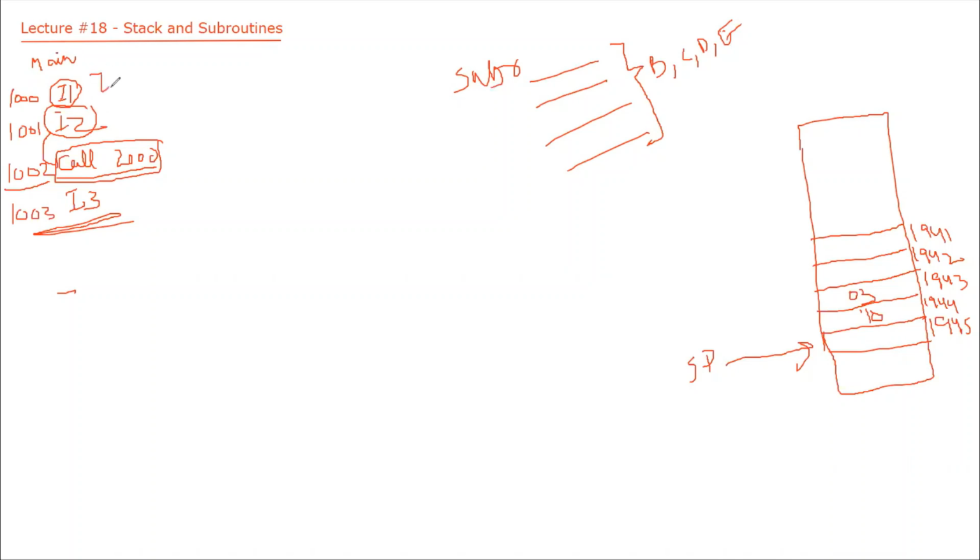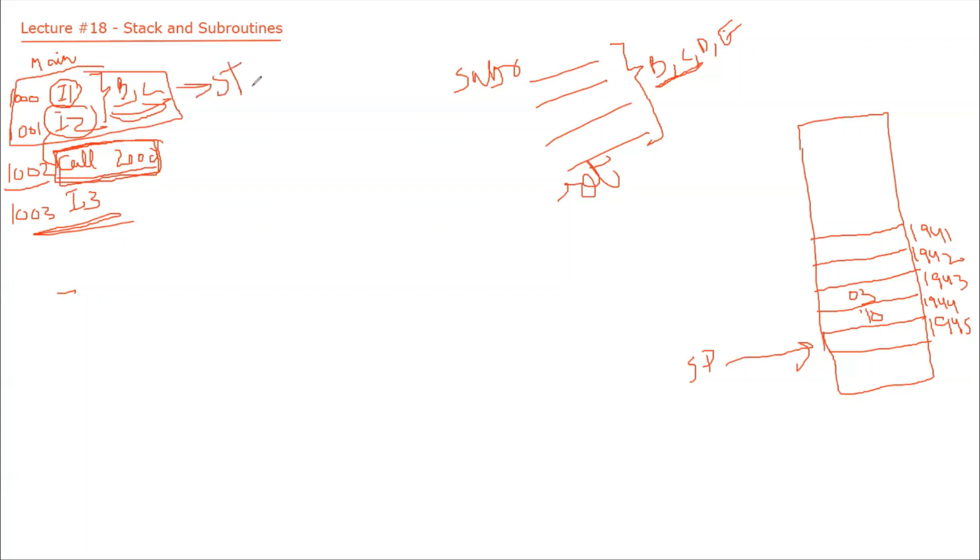Let's say the main program is also using these registers B and C, but our subroutine is updating B and C. But we want that when we return from this subroutine, we should have the same values of B and C that were there in my main program. But those values were updated by which program? This subroutine program. So another use of the stack is that whenever I am doing a call, I will save my registers, or save the data related to the main program, on a stack.